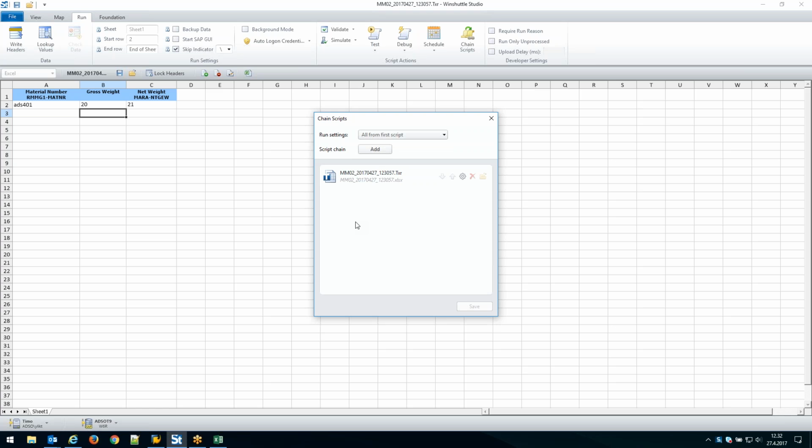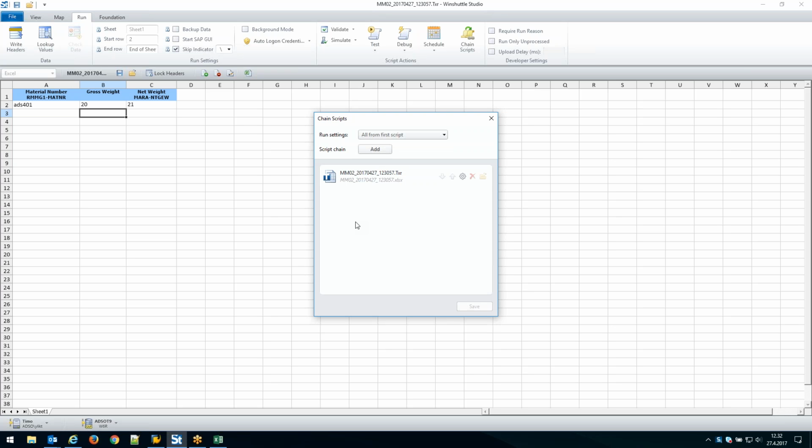related to, for instance, if it's an order process, you could have one script that creates a sales order, then another linked script that automatically creates a purchase order based on that, then another linked script that creates a contract, or maybe the contract would be the first script. But anyway, in any case where you have a business case with a process where you have multiple SAP transactions that you run in sequence, that would be a good candidate for using the chain feature